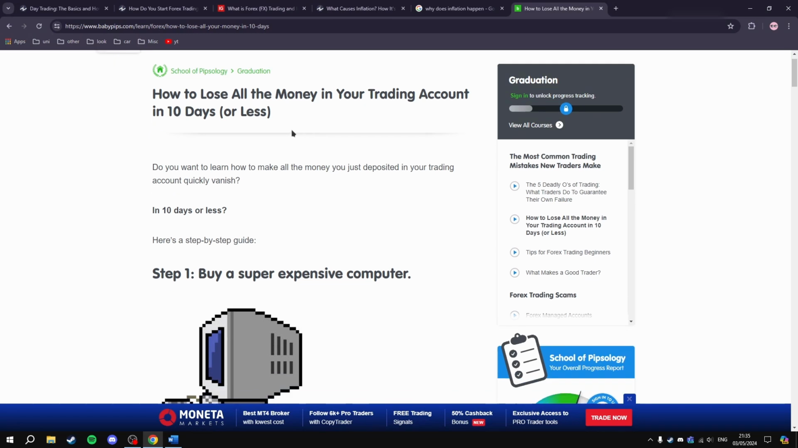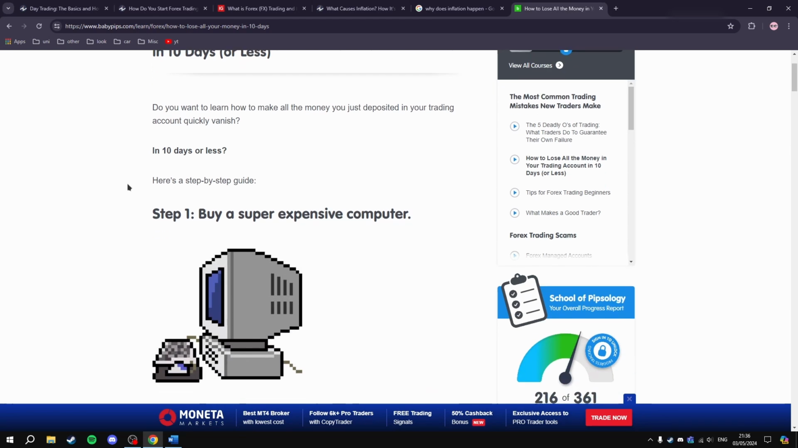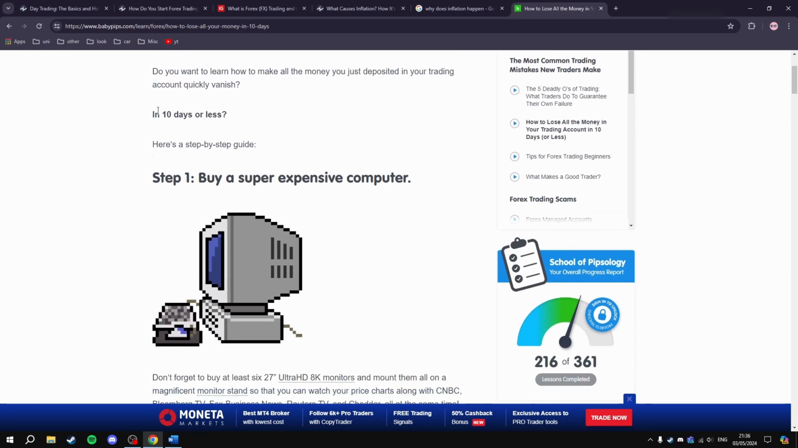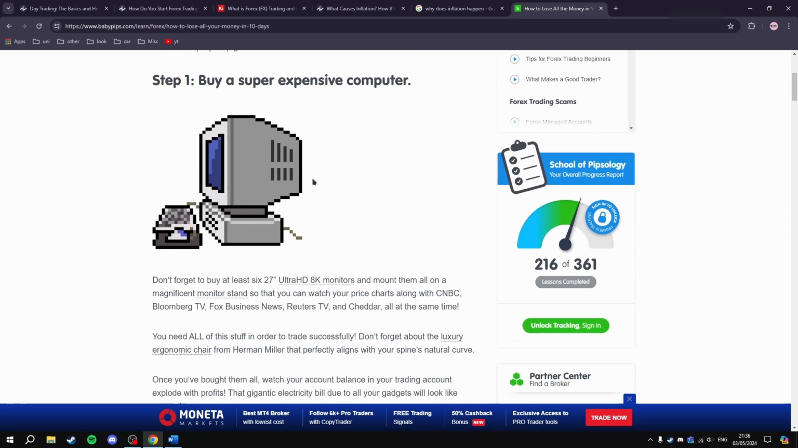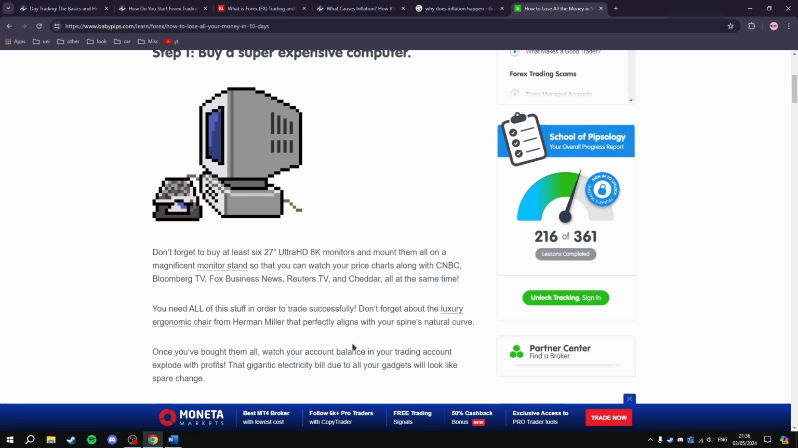So, do you want to learn how to make all the money you just deposited into your trading account quickly vanish in 10 days or less? Here's a step-by-step guide. Buy a super expensive computer. Don't forget to buy at least 6 27-inch Ultra HD 8K monitors and mount them all on a magnificent monitor stand